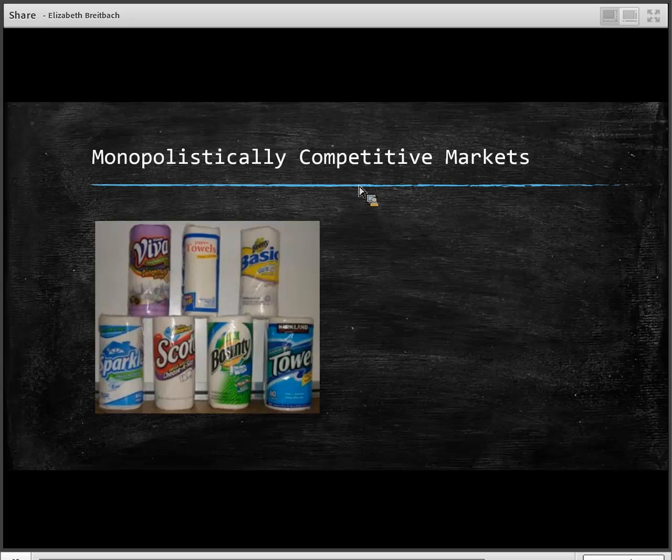Monopolies, we might start to think about utility companies. If I want to get water in Columbia, the only place I'm going to be able to get water is from the city of Columbia. I don't really have other options, so we're talking about monopoly. However, most other industries fall in between, and so that's going to be important to remember.